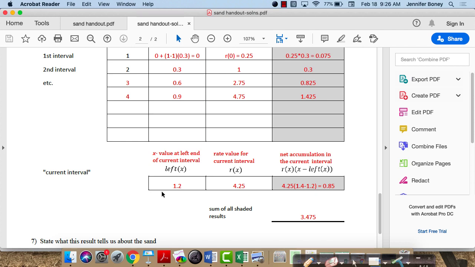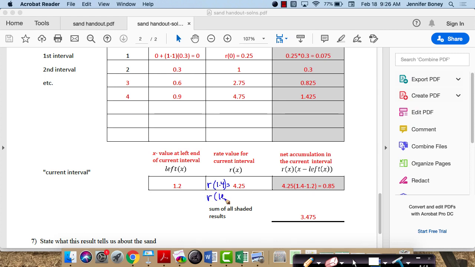So I've got left of x is 1.2, r of x, when x is 1.4, this is looking for approximate rate at 1.4, which is the same as, to talk about what we were talking about earlier, r of left of 1.4, which would immediately translate to r of 1.2. Those are the same,